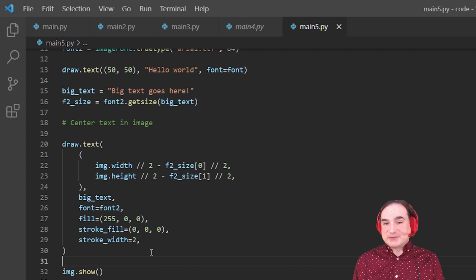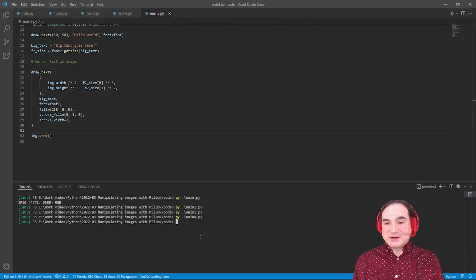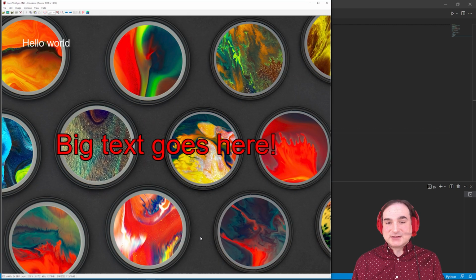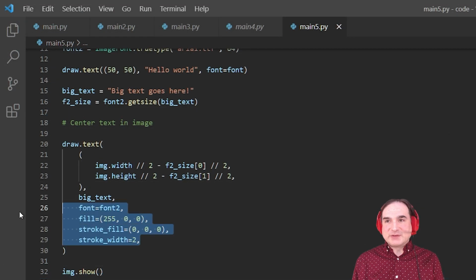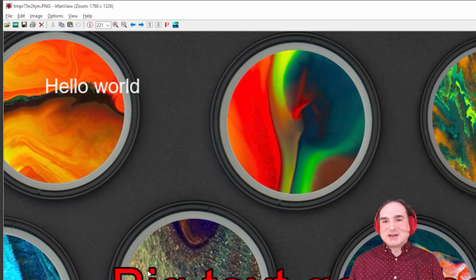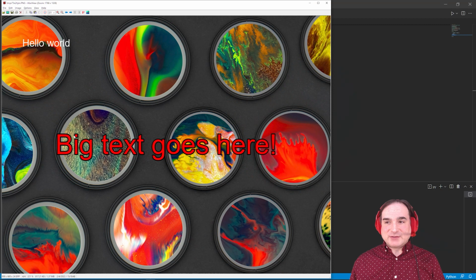You'll also notice, when we run this, that our text options are not just limited to size, but also to color, the inner color, the stroke width, and so on and so forth. This is not a full substitute for, say, Photoshop, but it is a convenient way to add text to an image programmatically. Now, everything that I've shown here barely scratches the surface.